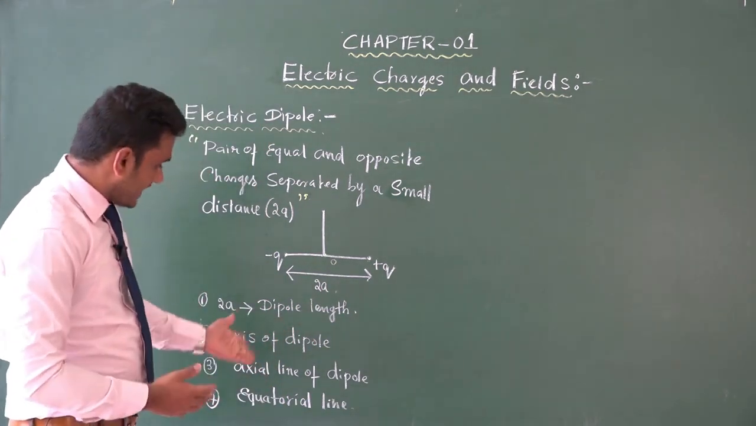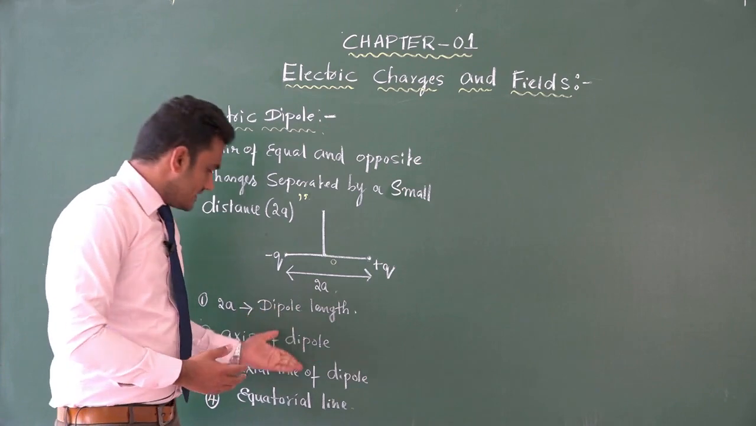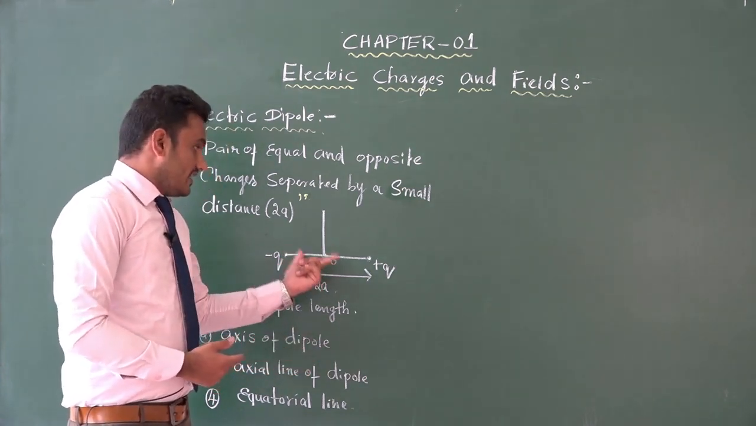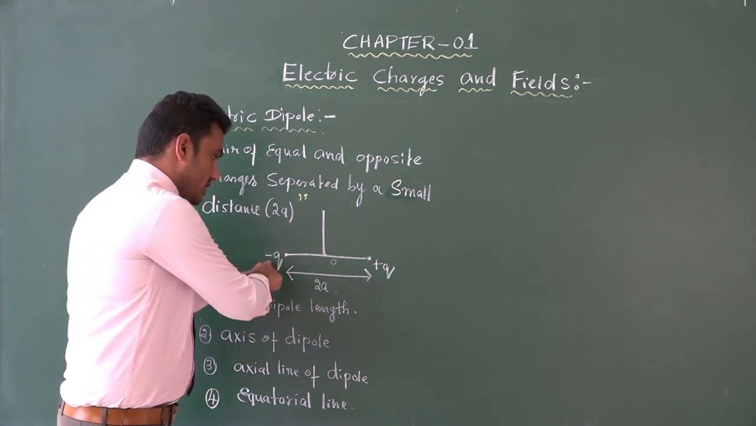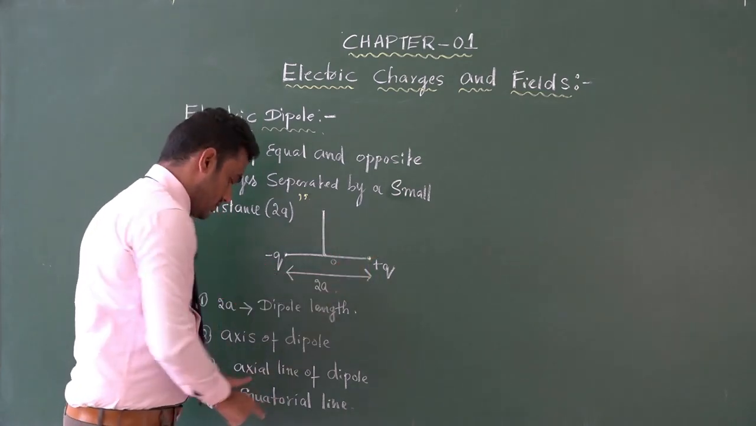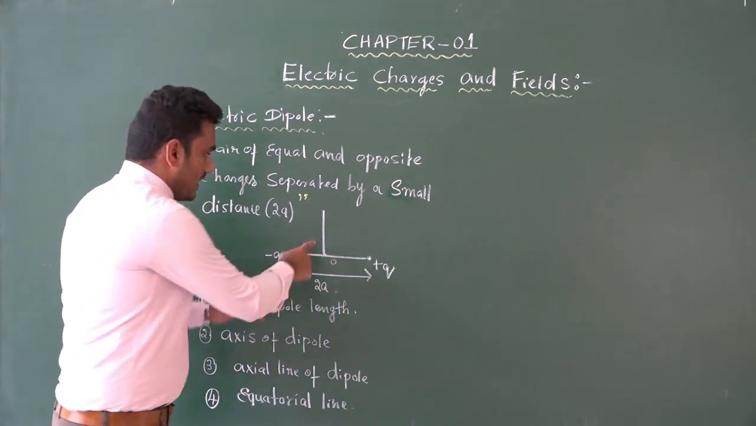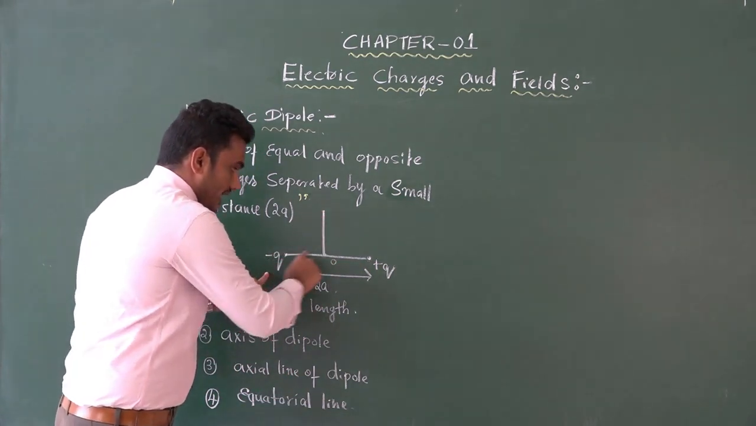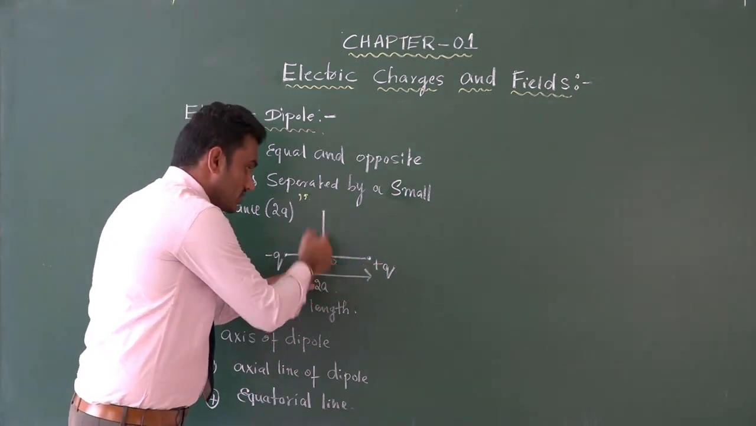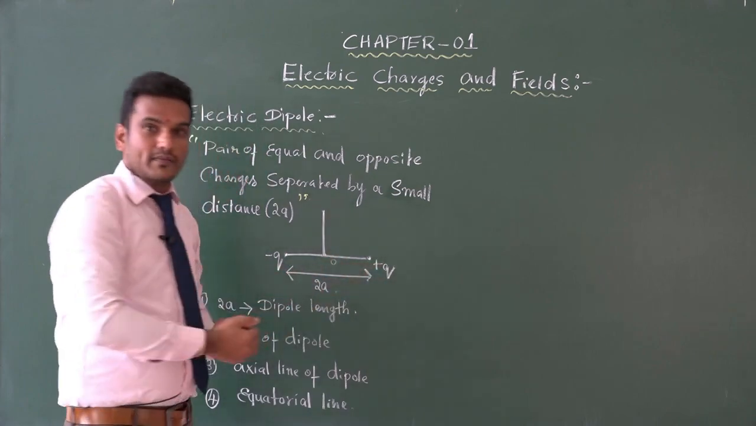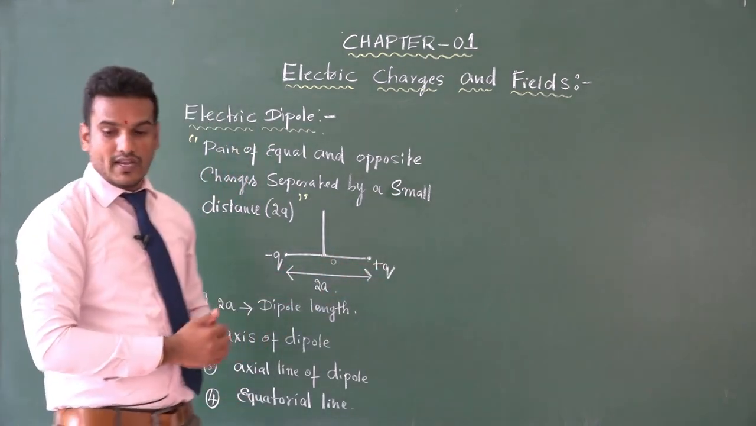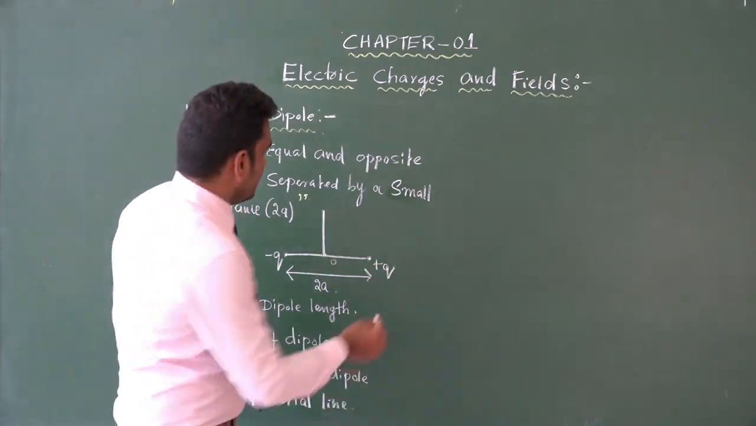Then the third one, axial line of a dipole. Axial line is the line passing through the negative charge and the positive charge. The fourth one, equatorial line. The line perpendicular to the axial line and passing through the midpoint of an electric dipole is known as the equatorial line. Next concept,